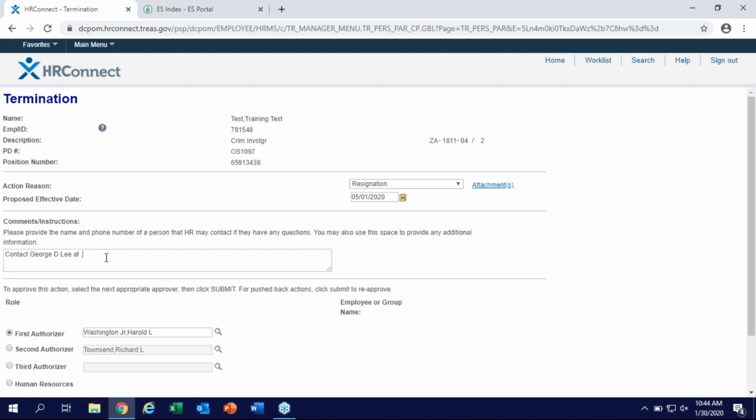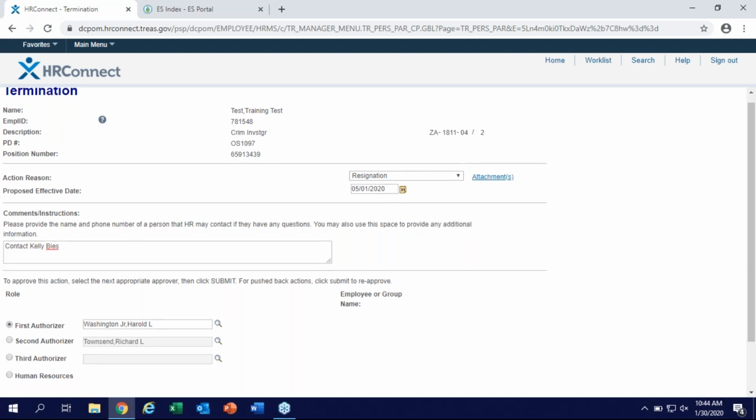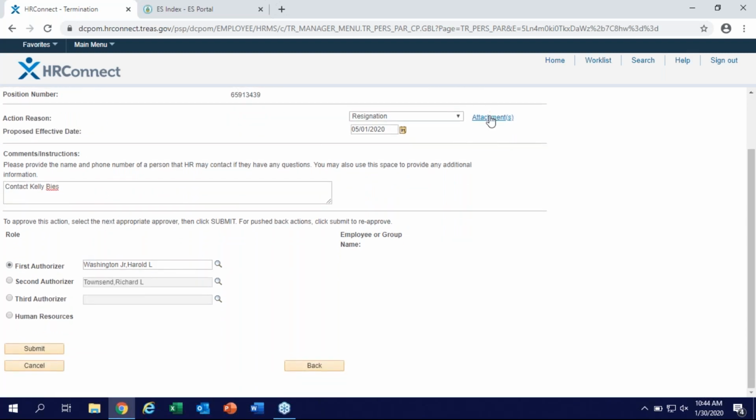Here, you'll provide any more contact information, such as if you want them to contact me if you have any questions or any other particular information you want to share. You also want to attach any required attachments for this PAR. There is the QRG, Quick Reference Guide, on required attachments for all the actions you can submit in HRConnect. You can find that on our portal. So once you click your attachments,